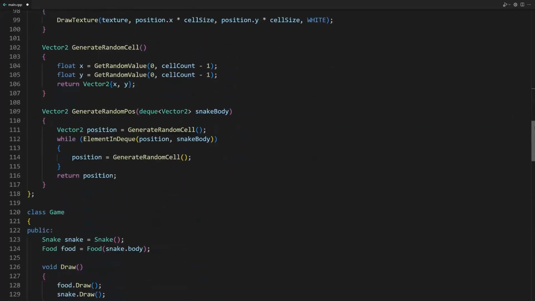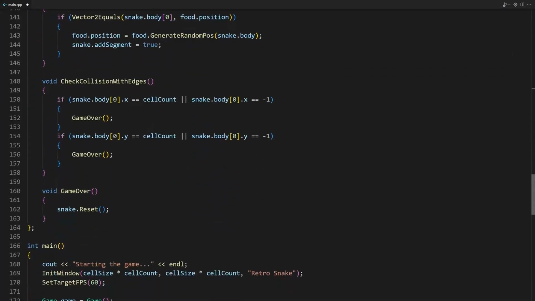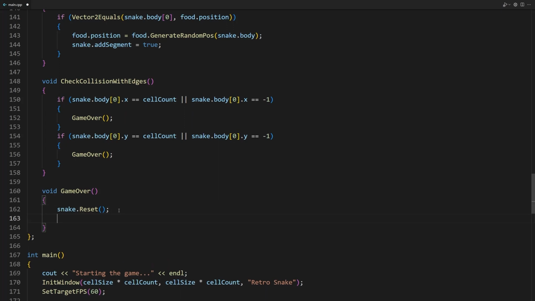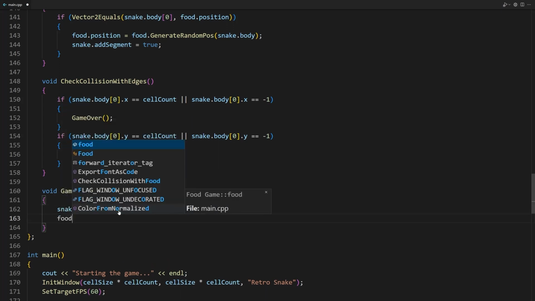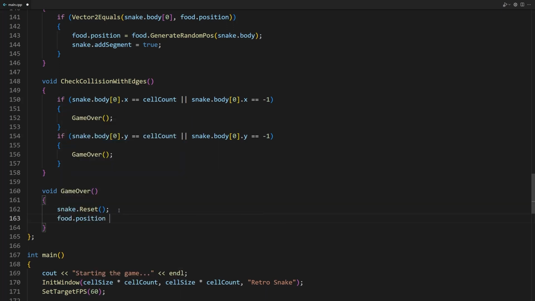Now we have to move the food object to a new position. Again, we are going to call the GenerateRandomPos method of the food object. food.position = food.GenerateRandomPos(snake.body);